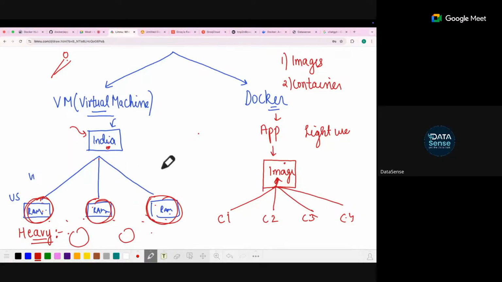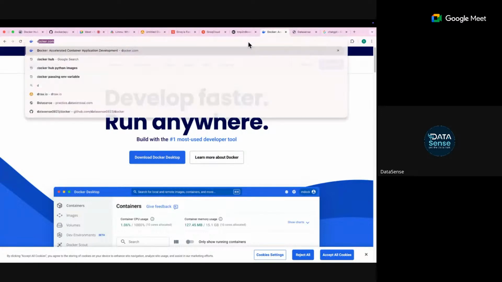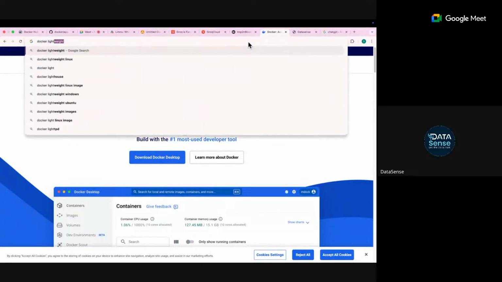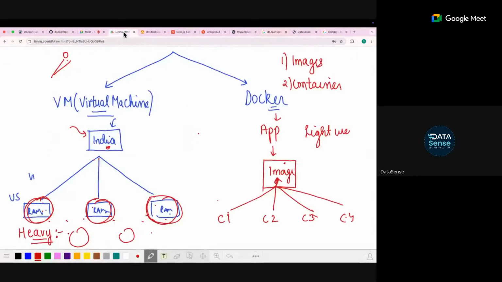The connection is the same. The difference in virtual machine is, whenever you see Docker, you will always see lightweight. You'll see that Docker is always a lightweight container. We say that Docker is lightweight. What it does is it brings this concept of images, which I will tell you about. And all these things are connected to those images. So technically they utilize the memory of this image only, and these are just running instances.